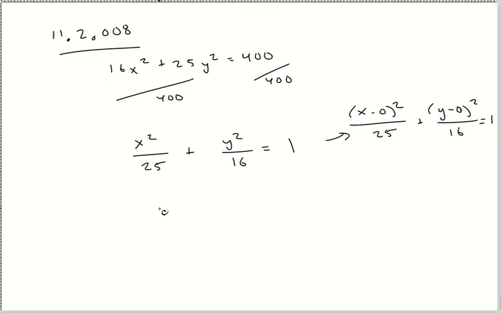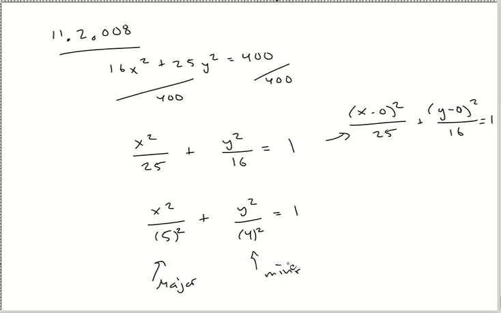I want to find out what the majors and minors are. So this is a 5 squared. This is a 4 squared. Again, looking at these numbers here, I could see my major is an x, my minor is a y, so I got a major x, minor y, so it's going to be a sideways ellipse, and I'm going out 5,